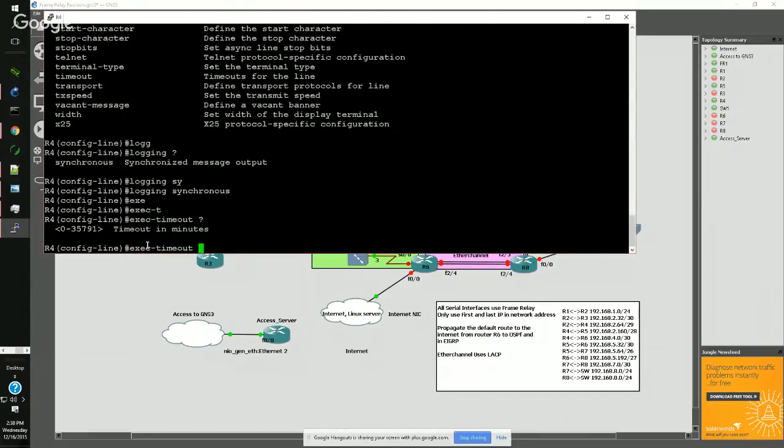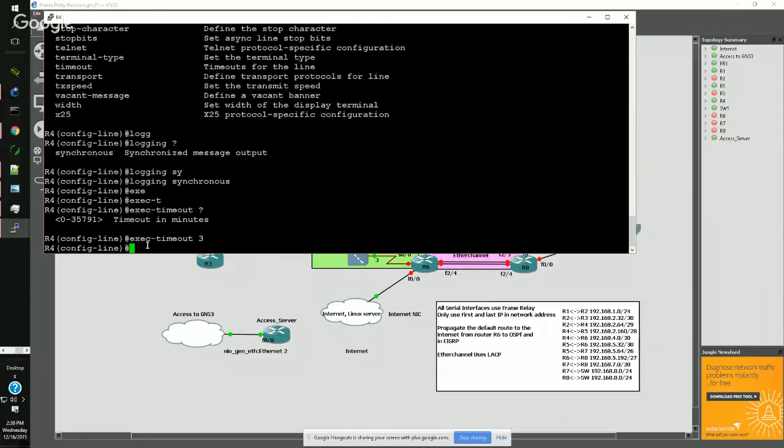This is in minutes. I'll make it 3 minutes. So if this is idle, it just dies after 3 minutes. I don't have to close the lines myself. Next thing you have to do is configure the